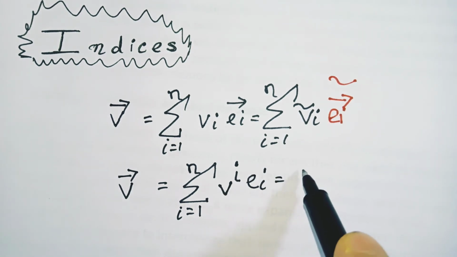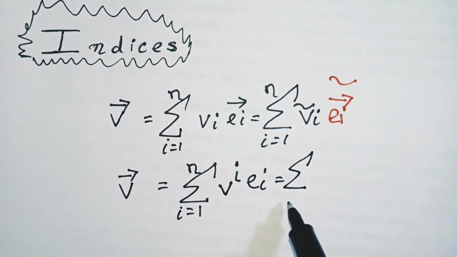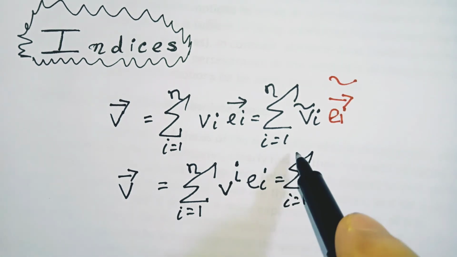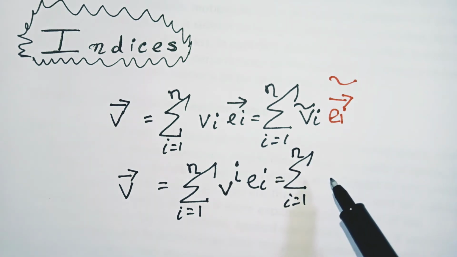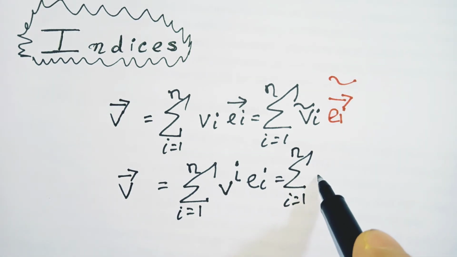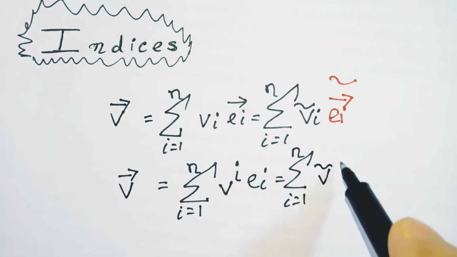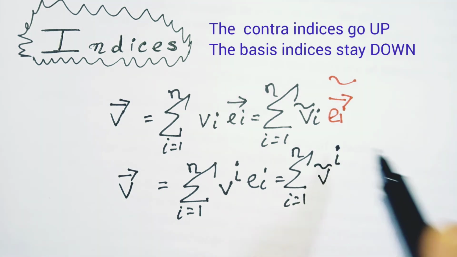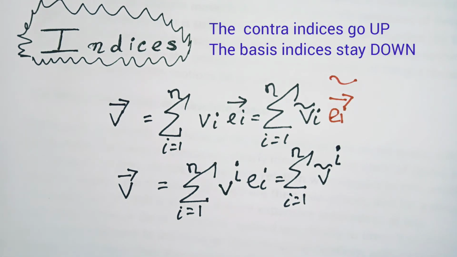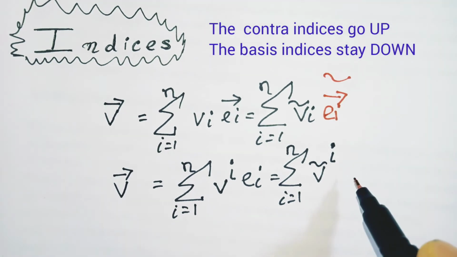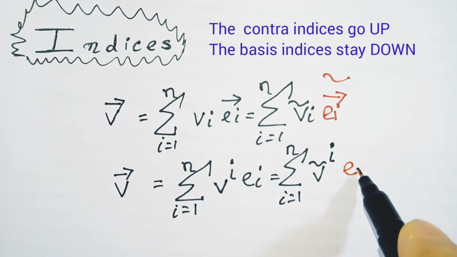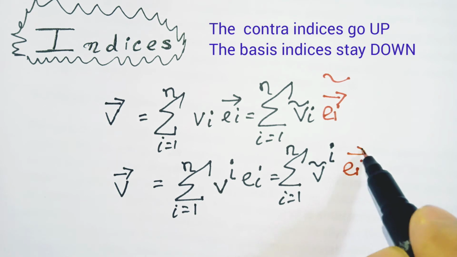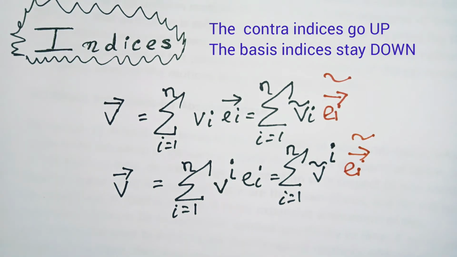And it again equals sigma of i equals 1 to n, and this i again is going to shift to the top. So we will have a tilde, but this will have i on the top, and ei tilde will be the same. So I can write it as ei tilde. So this is the indication, or you can call it, what happens in the case of contravariant vectors,